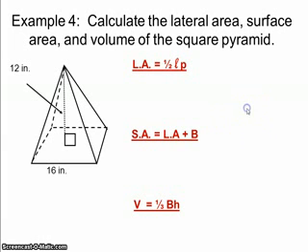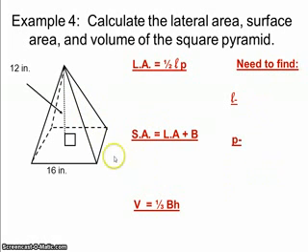So let's see what we need to find here. We need to find the slant height, because we don't have that. We also need to find the perimeter, which is the distance around the base, and we need to find the area of the base. The slant height here is going to be the distance from the point down here, and as you recall from our notes, this forms a right triangle, so we can go ahead and draw in a right triangle there,